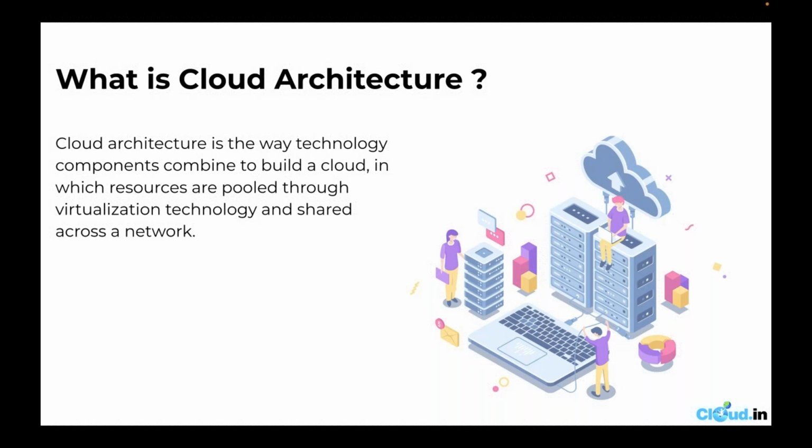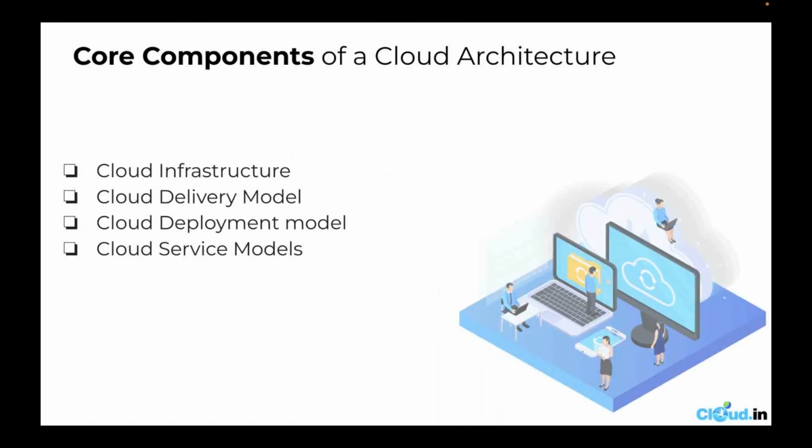So let us move on to the next slide and look into the core components that a cloud architecture should have. Firstly, we have the cloud infrastructure. This supports the cloud computing by separating the characteristics and the operations that are worked on the hardware and software components of your architecture. So the virtualized resources are hosted by a cloud service provider, for example, AWS, GCP, etc., or an IT department in case of a private cloud, and are made available to the users over the